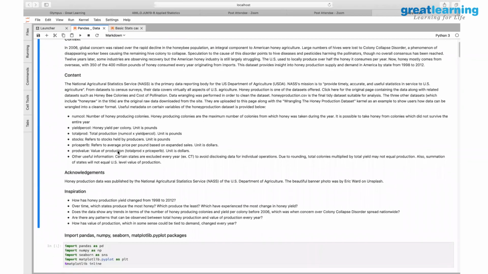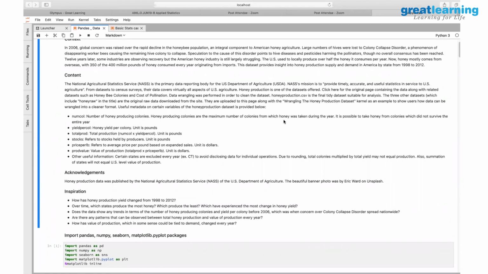The data that we have at this point includes a variable which is the number of honey producing colonies. Honey is produced by honey bees in a hive. Many bees get together and produce the honey. Those bees are called working bees, and they are very important for producing honey. A collection of bees is called a colony. So how many honey producing colonies are there?